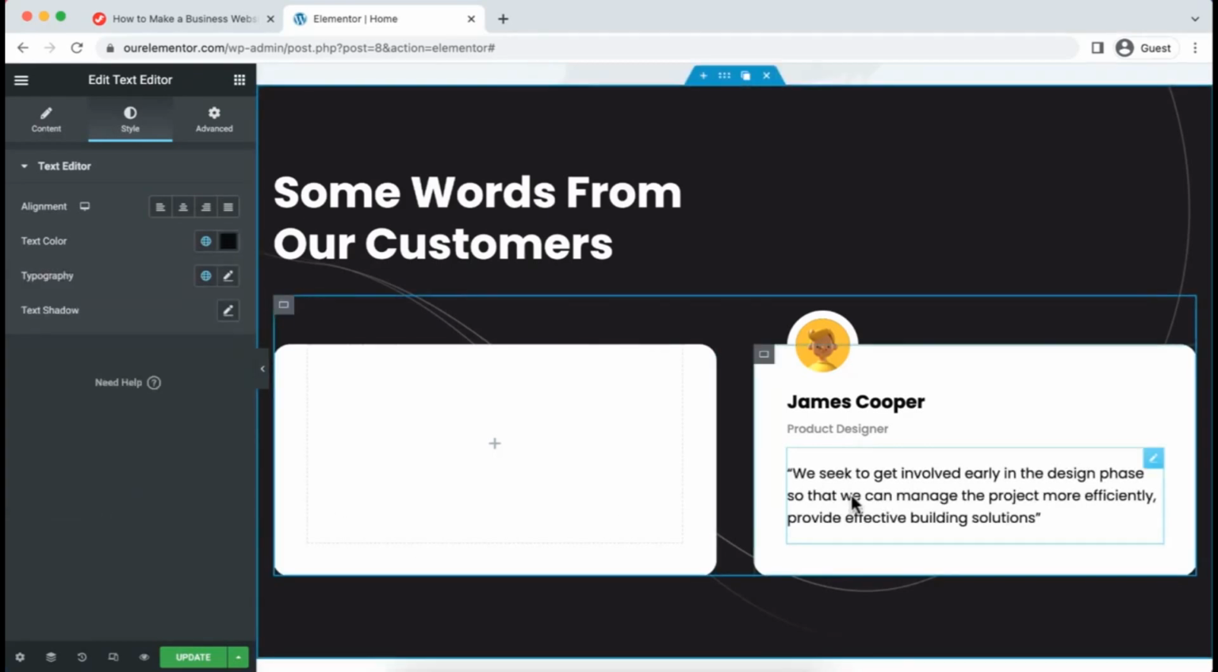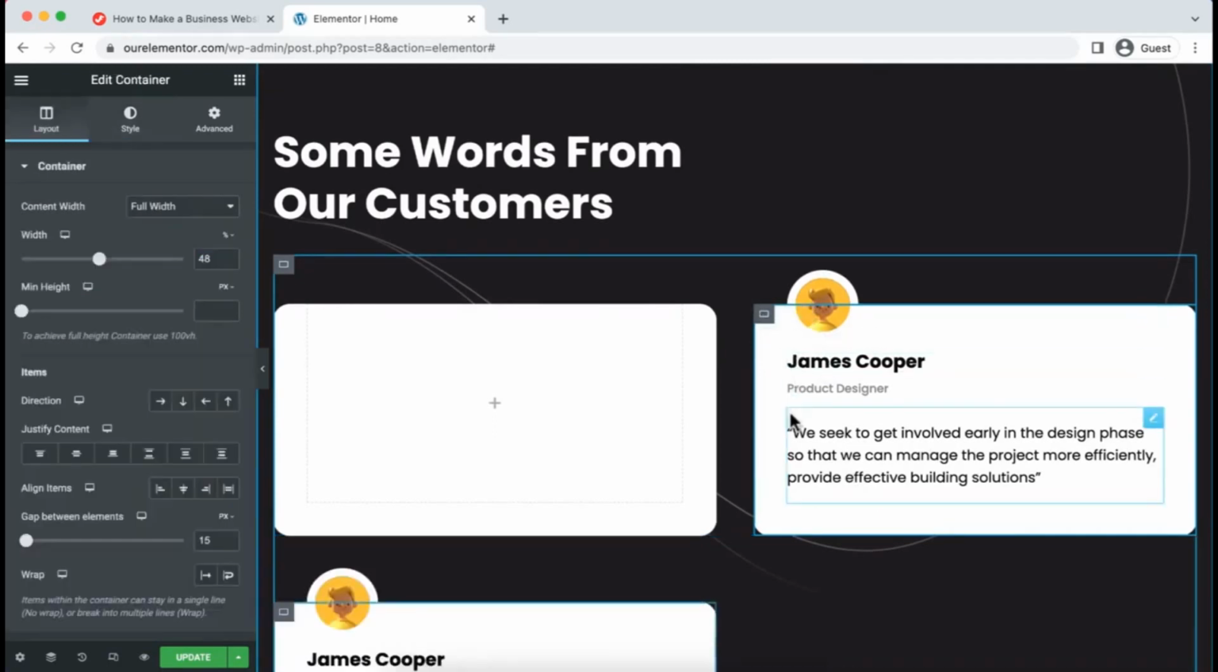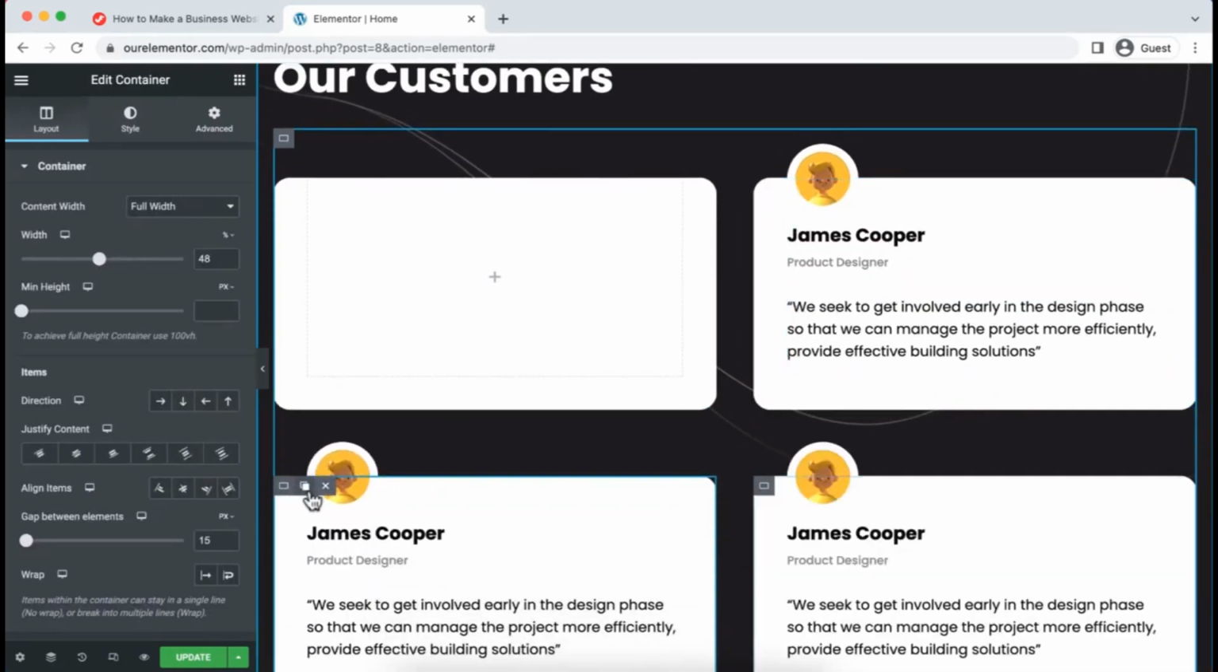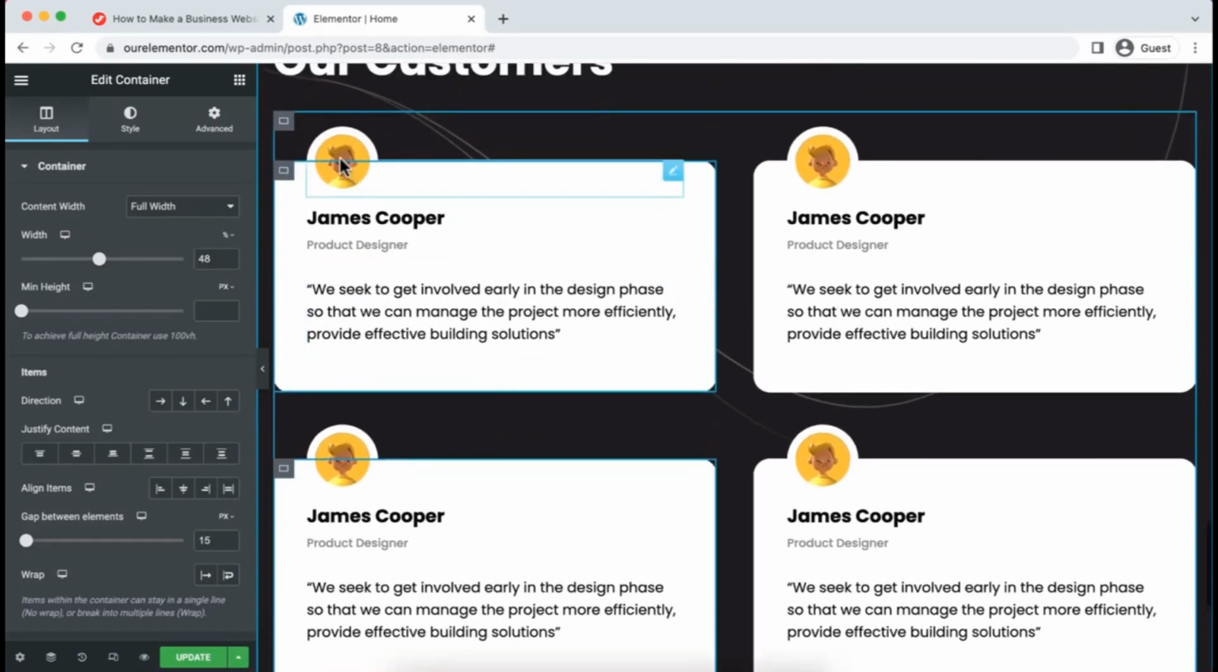Alright, so we have made one. You can now just simply duplicate this inner container. So I'm duplicating it. Let's duplicate it couple more time, and I'm duplicating it one more time. And also this one is empty, so we can now delete it from here. And you can now change all these headshots, all the name, all the occupation, all the real reviews from this